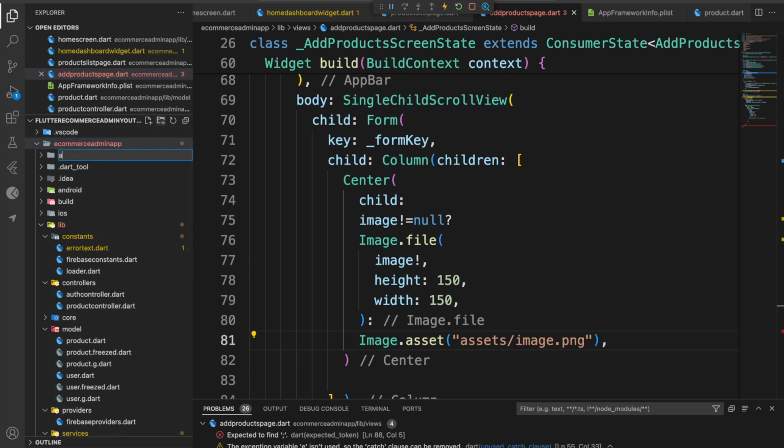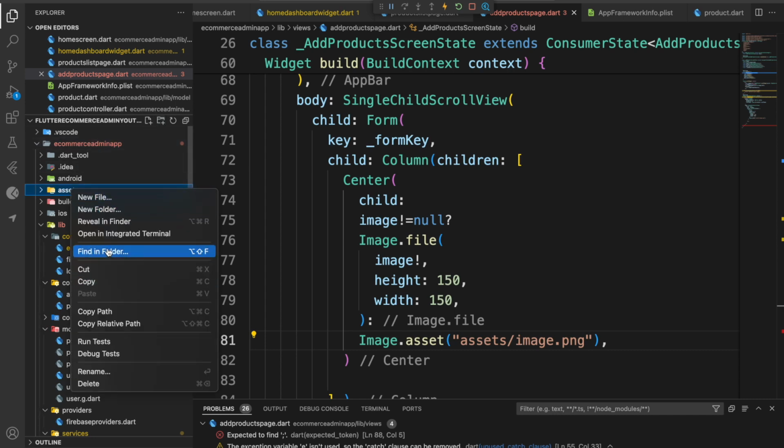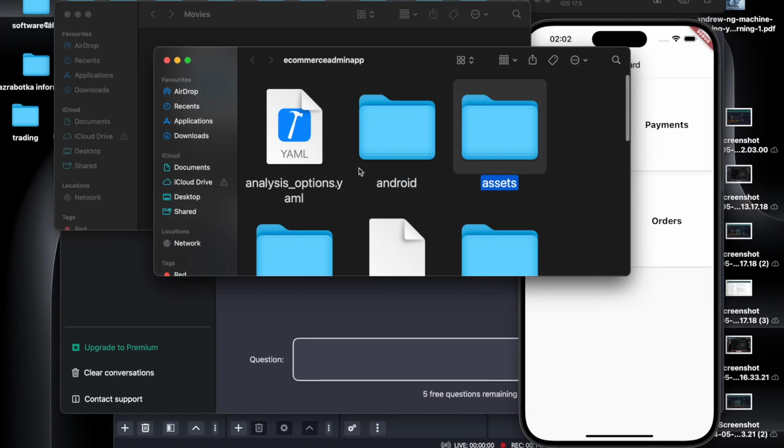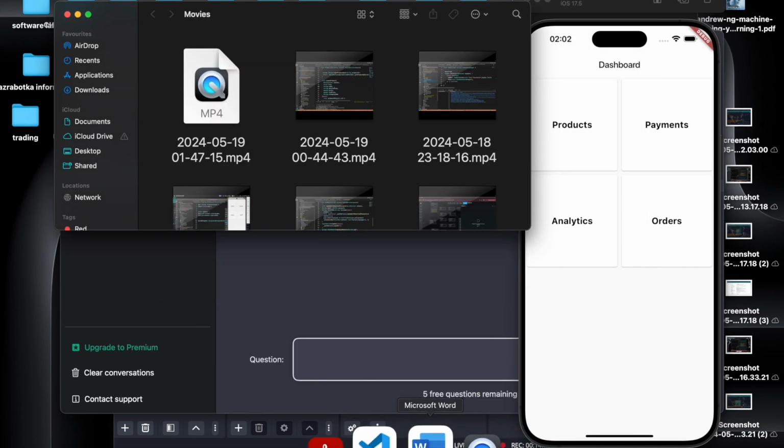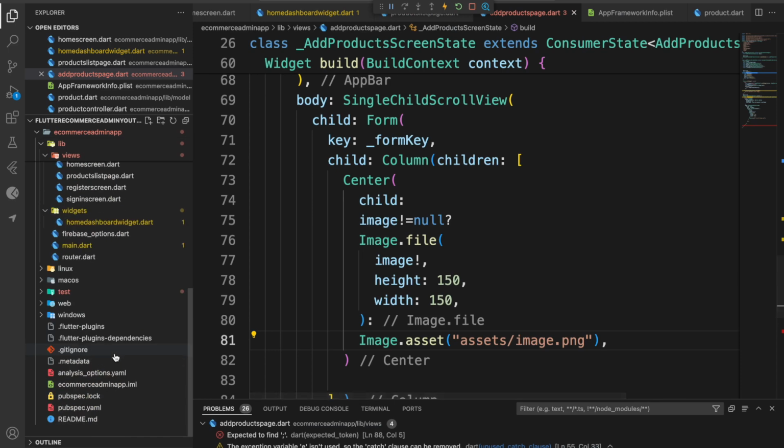Let me create a folder called assets. Inside that assets folder, that's where I will just want to paste this. Go image.png. So after this, we need to go to pubspec.yaml